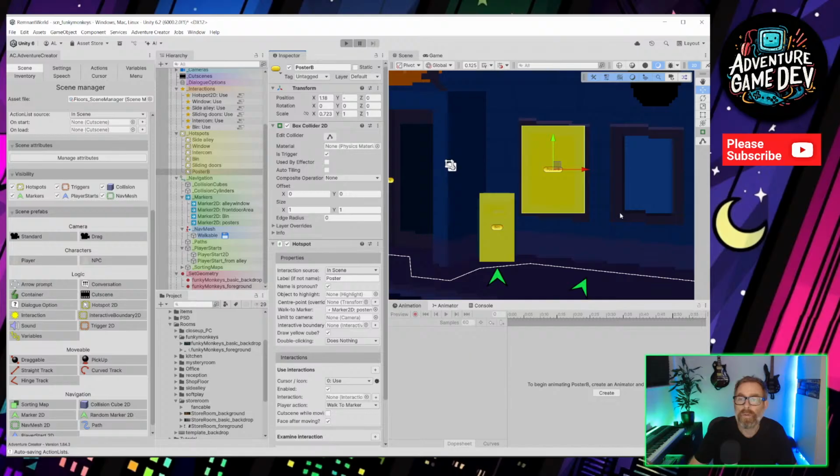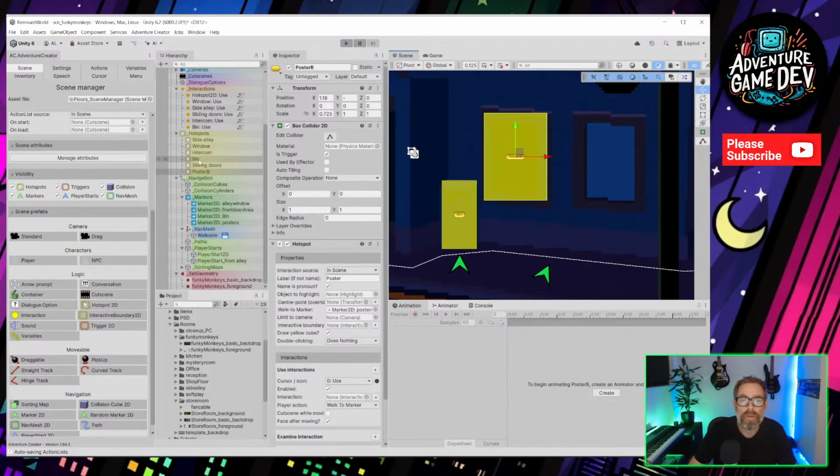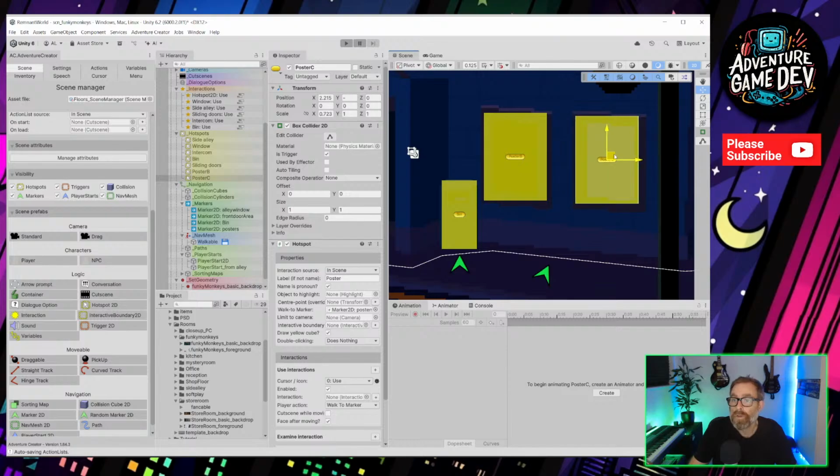Yeah, so we can use that poster B. Duplicate it, call it poster C. Shift it across, just looking for efficiencies here, and then it's got all the same settings apart from we're going to create an action for it.